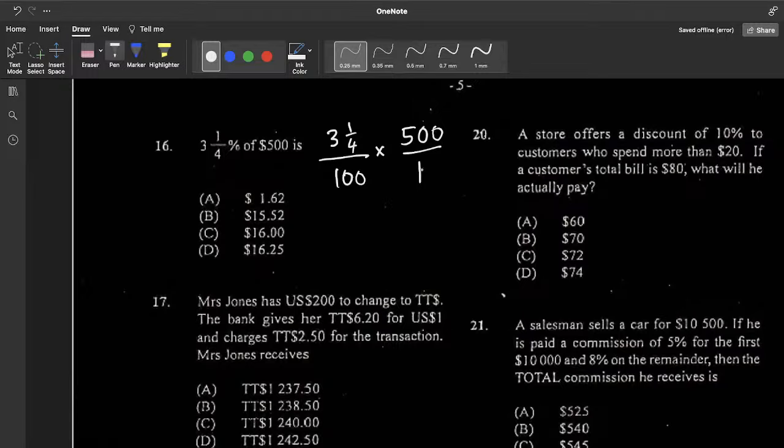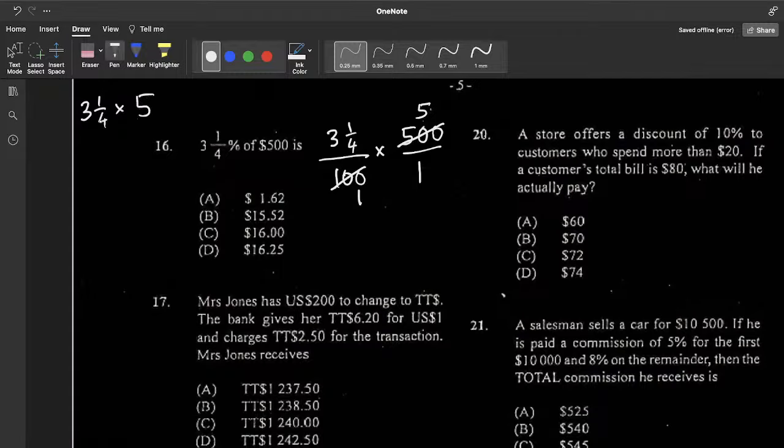So if you have 3/4 over 100 times 500, you could say 100 into itself goes once. 100 into 500 goes 5 times. So now literally we would have 3/4 times 5. Now 3/4 times 5. What I can do here now